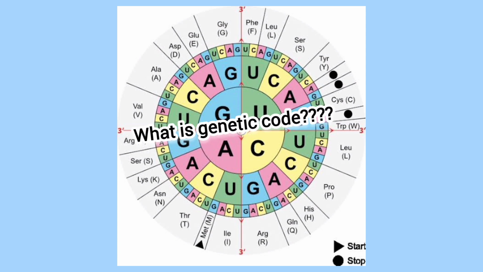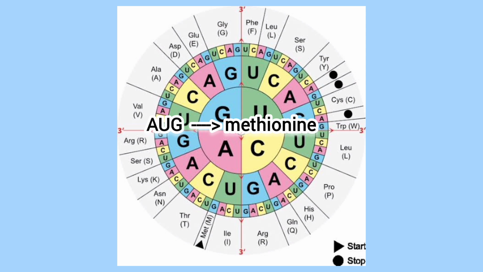Then what is the genetic code? It is the system that determines how the sequence of nucleotides in messenger RNA is converted into amino acids. Amino acids are the building blocks of proteins. The code is read in groups of 3 nucleotides called codons. Each codon specifies a particular amino acid. For example, the codon AUG codes for the amino acid methionine, which also acts as the start signal for protein